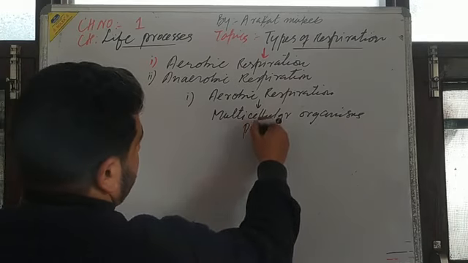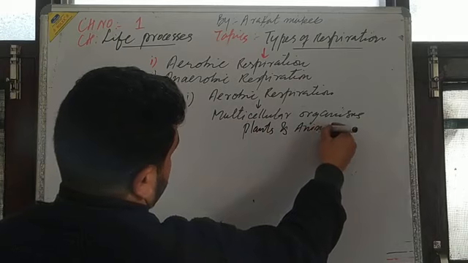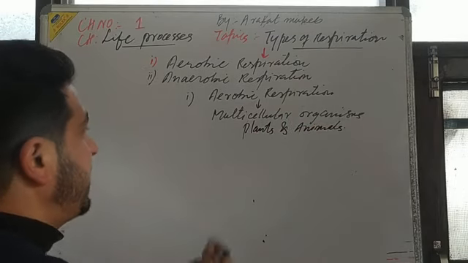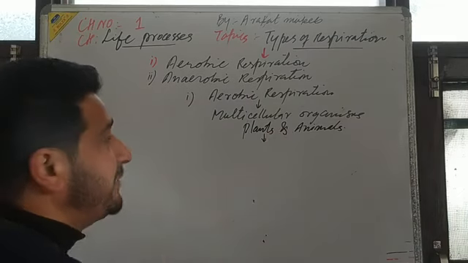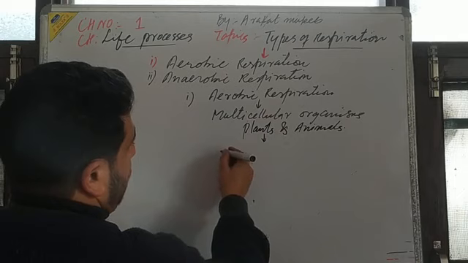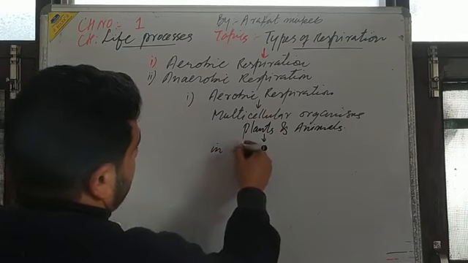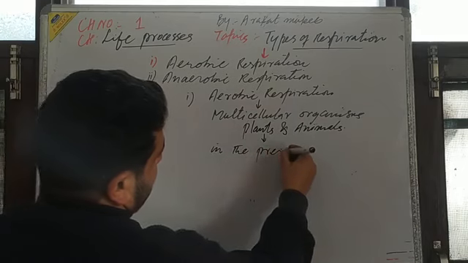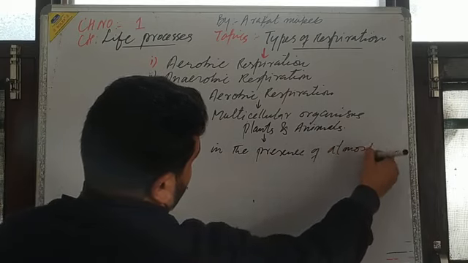Plants and animals, both have the aerobic type of respiration. And in this aerobic respiration, essentially there is the need of atmospheric oxygen. This type of respiration takes place in the presence of atmospheric oxygen,